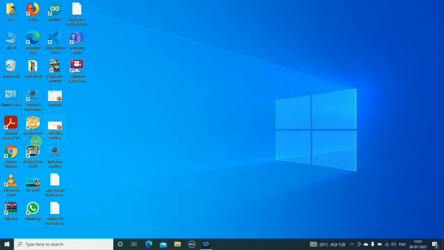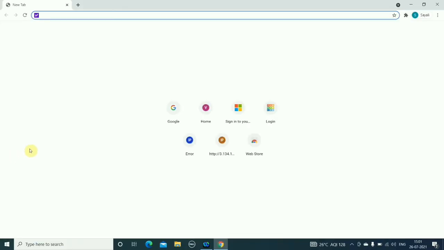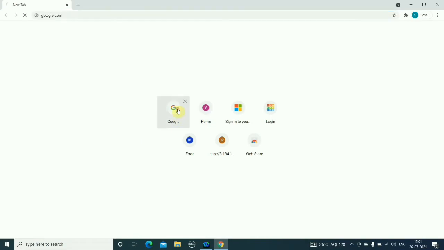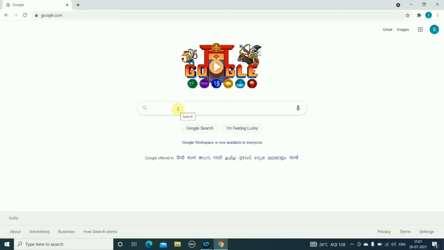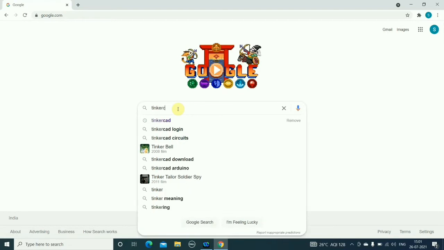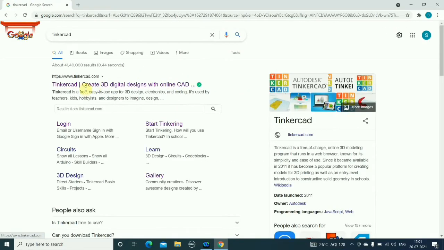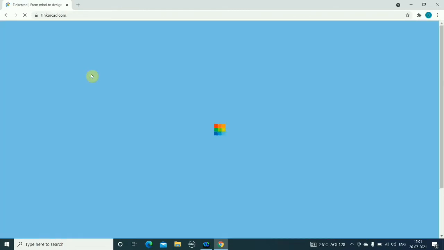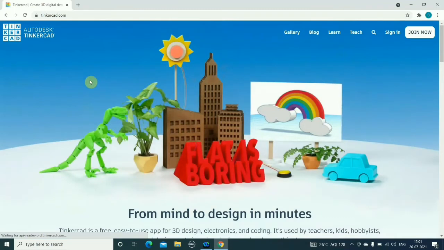So for that, first you click on Google. Here simply you type Tinkercad. Then just click on the first link. You will find this page. This is basically the Tinkercad page from Autodesk.